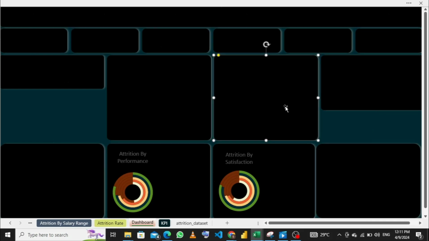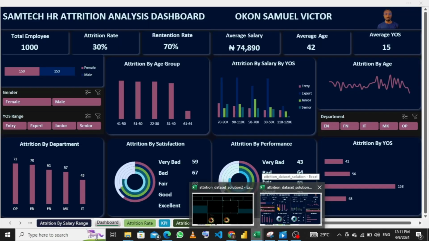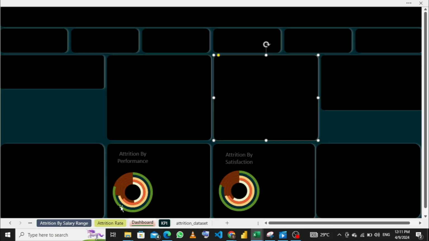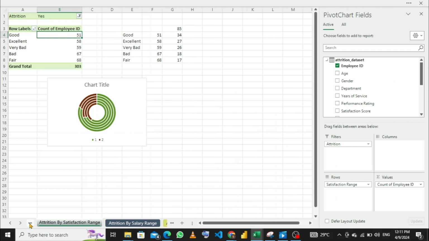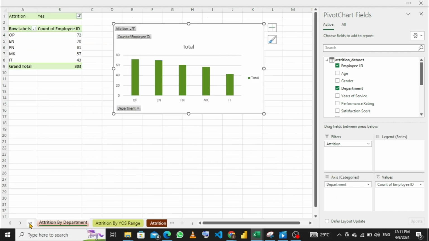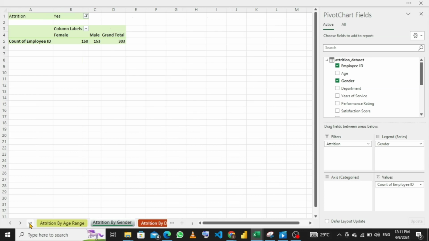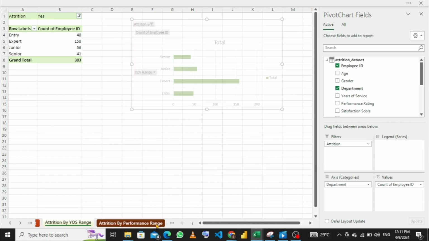So now I'm back to our chart. Let's bring in our next chart. We want to bring in attrition by age. Let's go to attrition by age. Attrition by age. Age group, I'll do Ctrl C. Then I'll go to